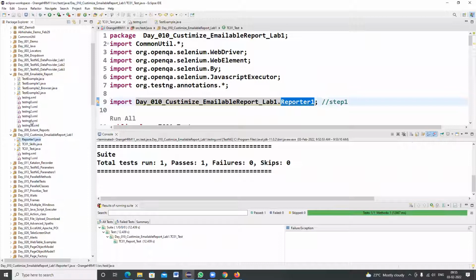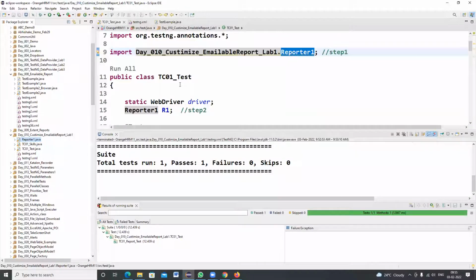Okay. Generally, these Reporter1 supporting class files will be developed by people who are seniors in the project, at least 7 to 8 years of experience. Those people only will develop these reporting class files. Okay. In case you got selected in any project, and if they're asking you to develop a Reporter1, simply you can copy and paste this code and reuse it in your projects. Okay.